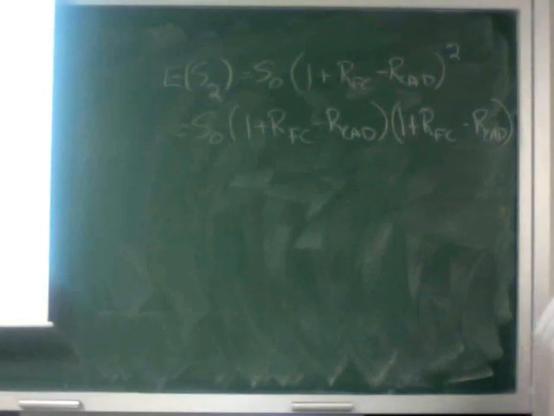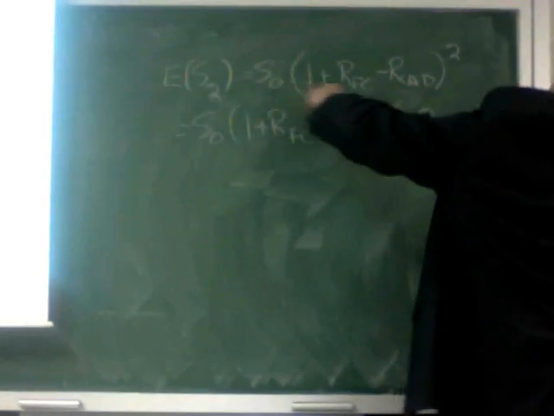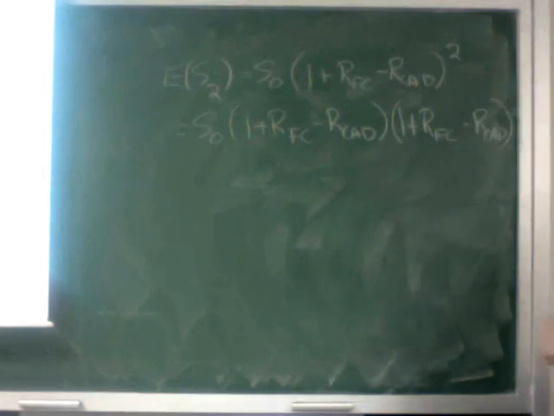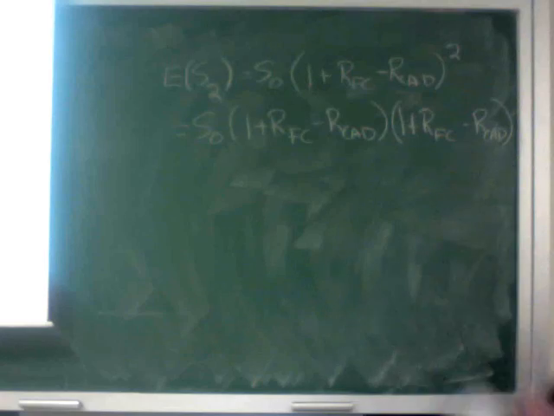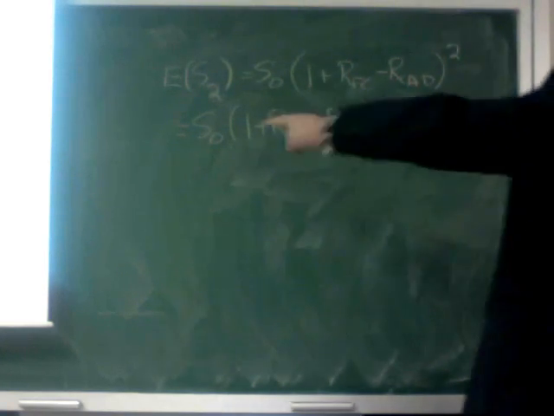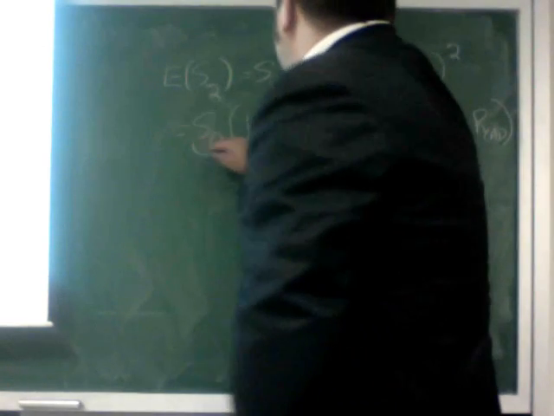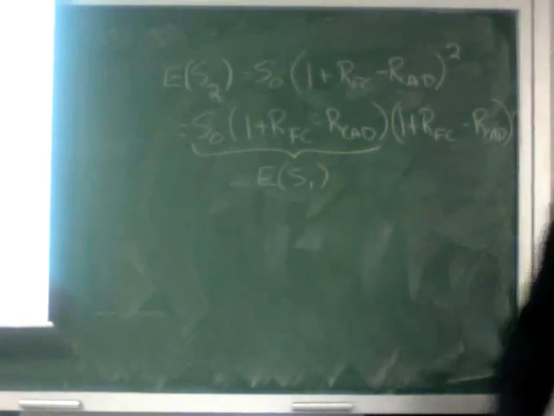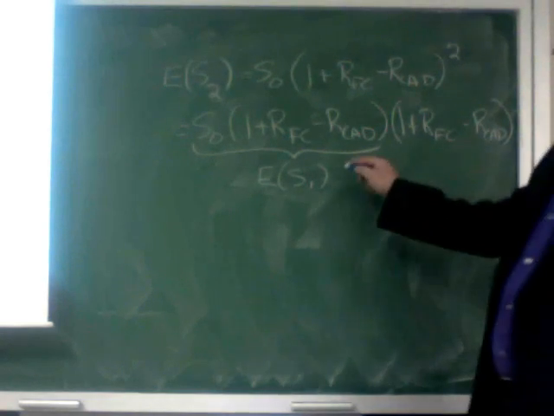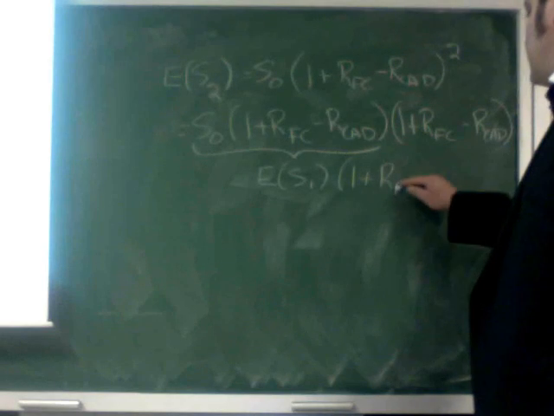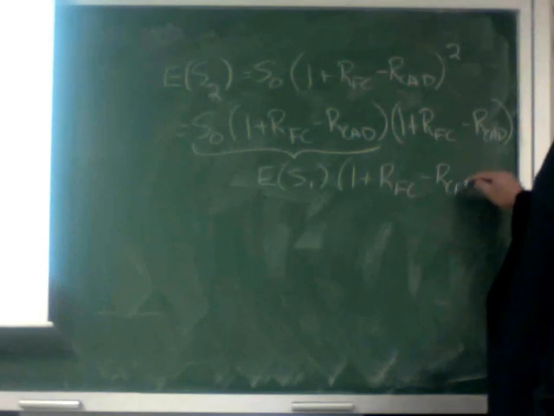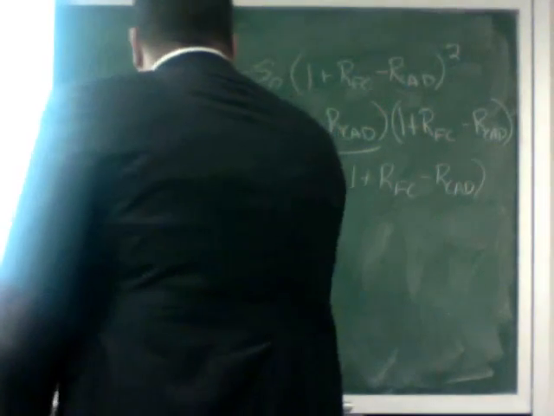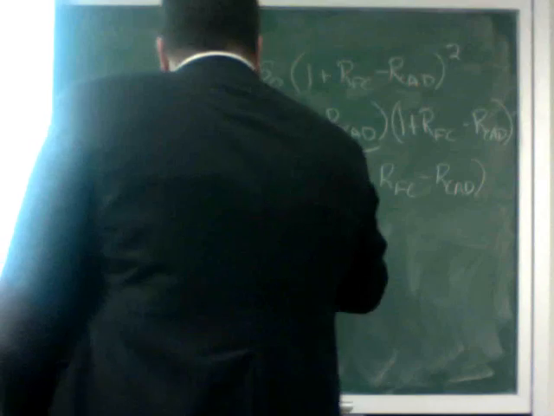Right, if I write out S0, so E(S2) is S0 times the difference between the interest rates to the square, to the second power. If I write this out that way, what is this here? That's E(S1). So that's E(S1) times, so in general, I could show you that in general, you end up with that E(S(T+1))